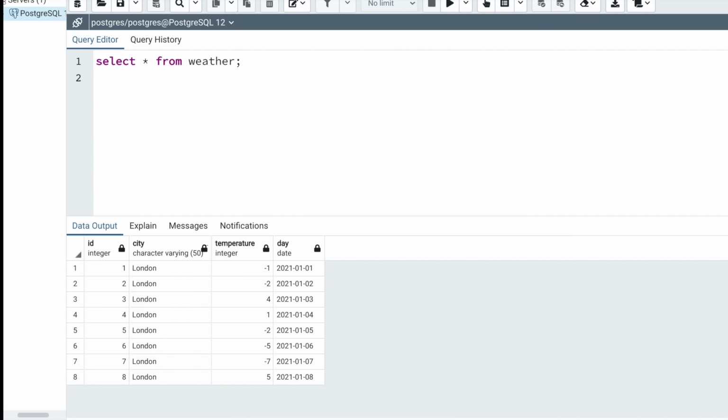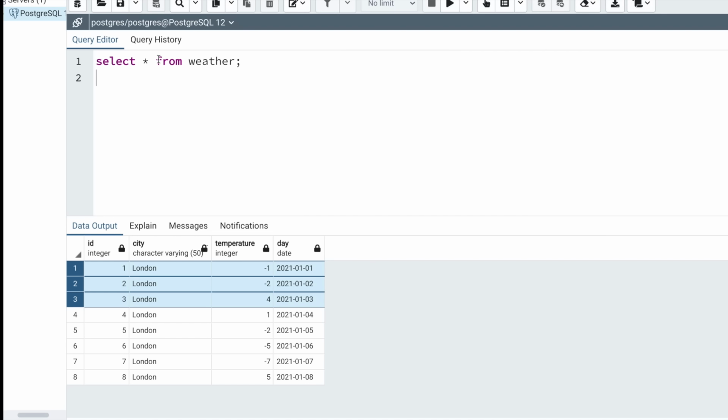Before we write the query, let's try to understand what we are trying to achieve and how we can achieve that. Every time we process a record, the first thing we need to check is if the temperature is less than 0. This is our first condition, correct? After that, we also need to check if the temperature in the next record is also less than 0, and the very next record is also less than 0. If all these conditions are met, then we need to extract that whole record. So every time we find a match, we are going to create a flag column which is going to have something like yes or no, meaning it will be yes whenever our conditions are met, and finally we'll only fetch those records where the flag is yes.